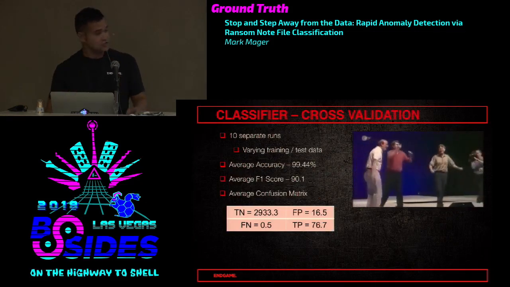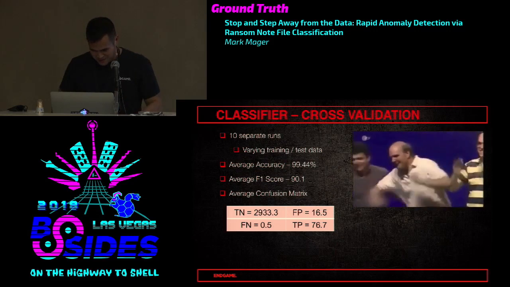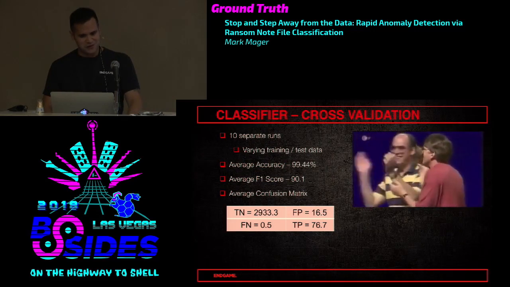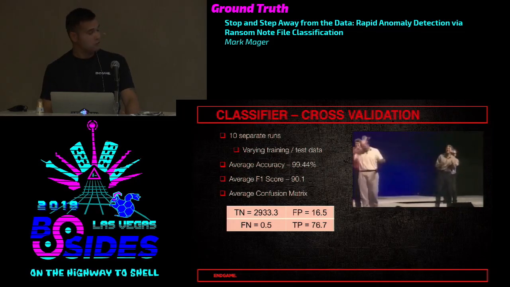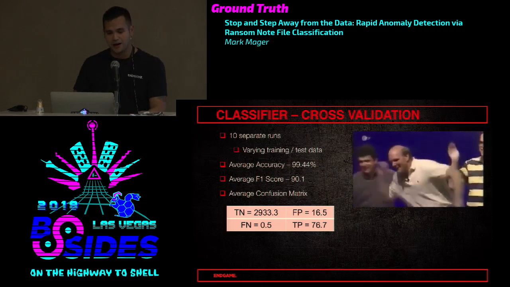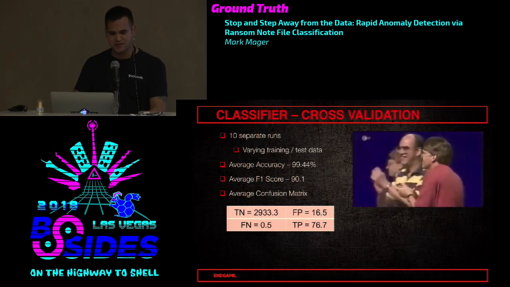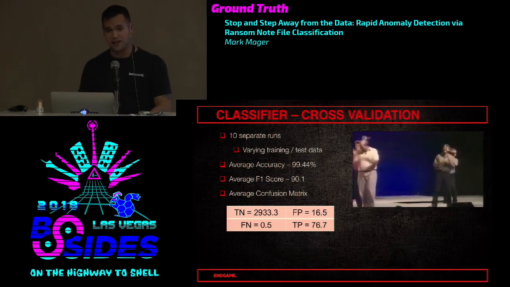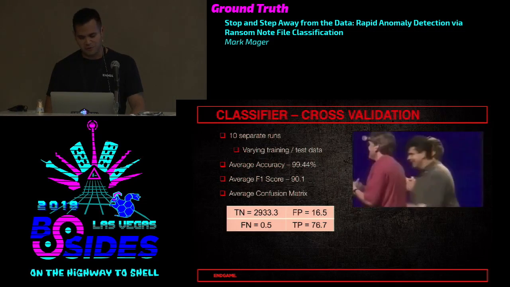And so the cross-validation, as you can see, Steve Ballmer and Bill Gates are still clapping and dancing up there for the Windows 95 launch release, so things are still going well. Average accuracy is about what we saw in our one run. F1 score about the same, and the confusion matrix looks about the same as well. So I think in our specific case, that confirms that the data does classify extremely well.